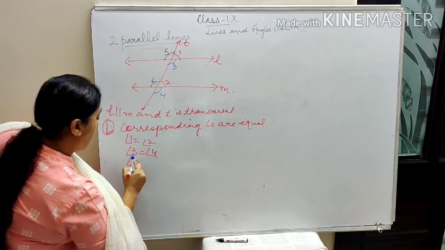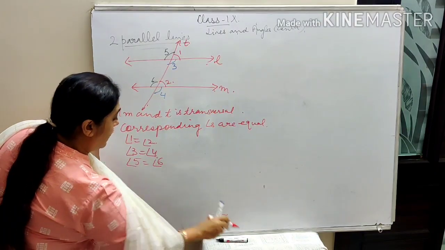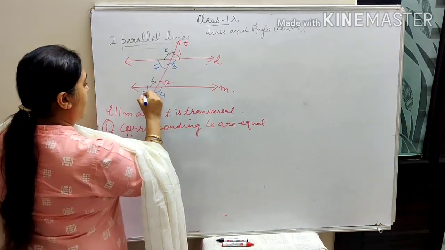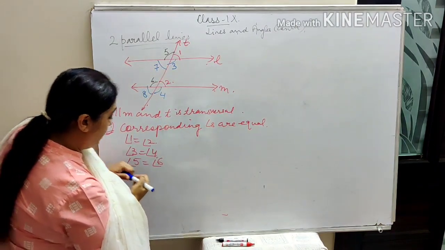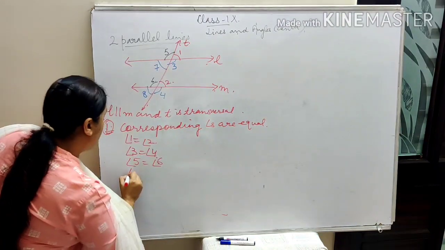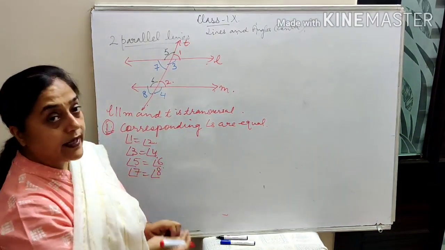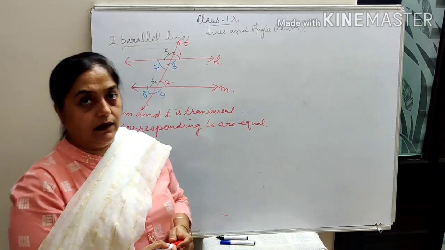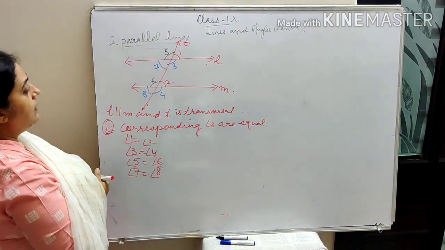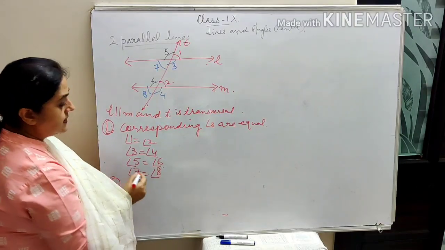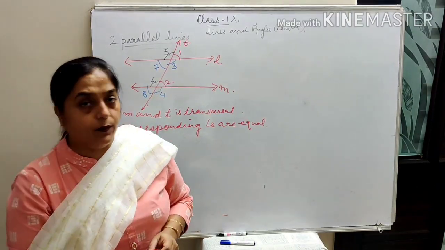एक interior का angle है और एक exterior का है. Next pair is I am making 7 equal to 8, right? I have 7 equal to 8. This is about corresponding angles. When the 2 lines are parallel to each other, corresponding angles are equal. And second thing, what I said, when the 2 lines, these are the axioms, you don't have to prove it.